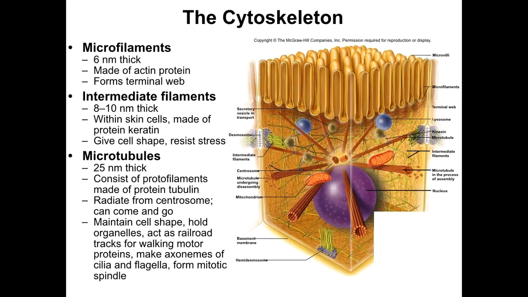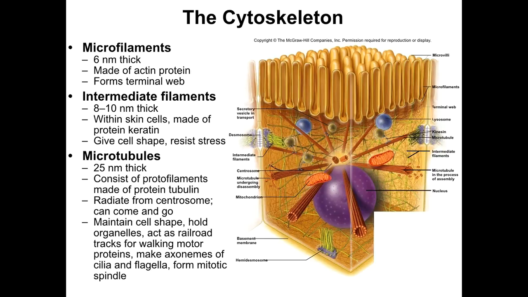Remember how we talked about how vesicles would bud off from the endoplasmic reticulum, and then they'll go to the Golgi, and then they'll bud off from the Golgi, and they'll go to wherever their final destination is? How do they move around? They don't have a brain. They don't have a propeller or a motor system. They don't have cilia or flagella. How do they move around? They don't move around by themselves, but they get picked up by these motor proteins that then grab hold of them and walk them down